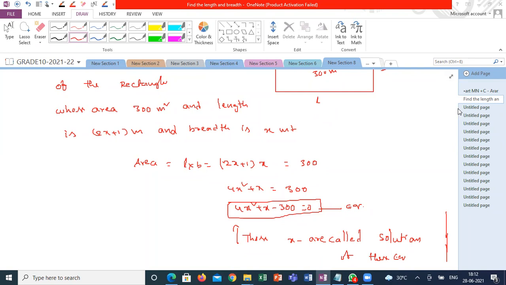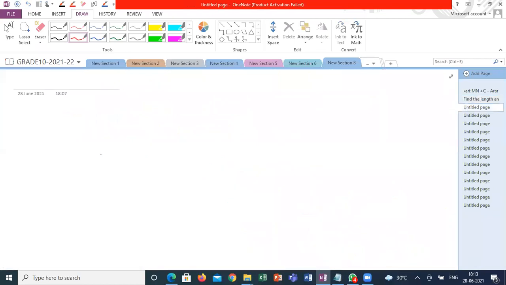Methods. Here also graphical method and analytical method. But the graphical method, like for linear equations, won't work here, because the quadratic equation graph is not a straight line. Just finding two values and joining the two points won't work. It is a curve. The quadratic equation graphically represents a parabola. That's the reason in practice we don't use the graphical method much. So we are going to discuss the analytical method first, and after that the graphical representation also.